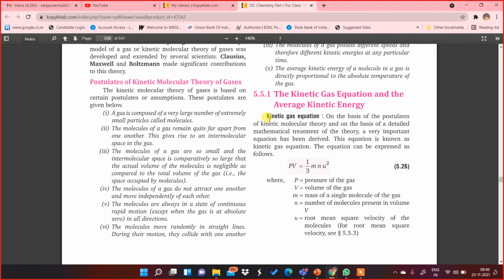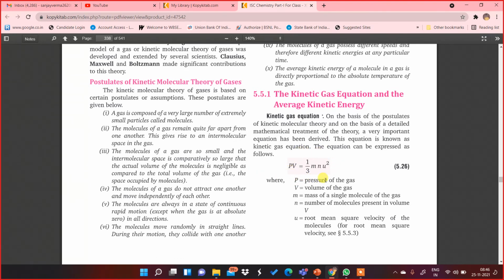Now, I want to explain this from the book itself, the kinetic gas equation. On the basis of the postulates of kinetic molecular theory and a detailed mathematical treatment of the theory, which is not required in our syllabus, the derivation is not important in chemistry. A very important equation has been derived, and this equation, if you see on the screen, PV is equal to